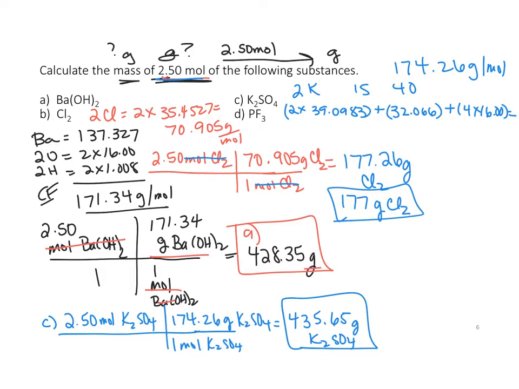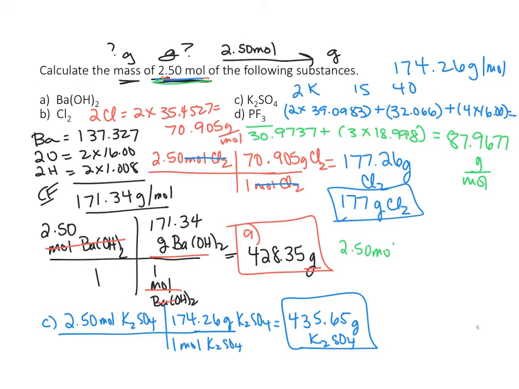And now we'll do D. This is phosphorus trifluoride. So for phosphorus, we have 30.9737 plus fluorine 3 times 18.998. And that formula molecular mass would be 87.9677 grams per mole. And then we start with our given,